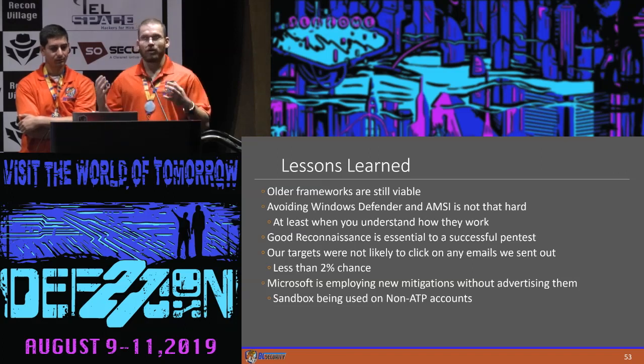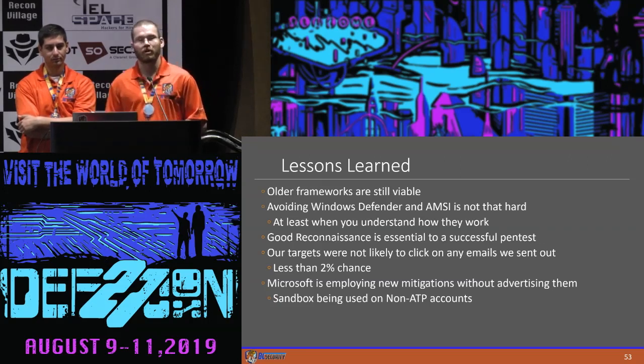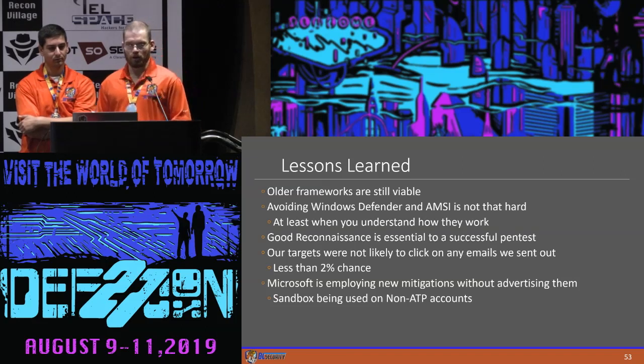And then phishing overall is still the most common way of delivering malware, but the click rates across organizations across the country, if you look at the Verizon report that came out, are getting really low, less than 5% in most companies, which is really great. It's great that we're finally getting to that point, with things like Mimecast helping a lot. And Microsoft is rolling out more and more mitigations, which is also really great.